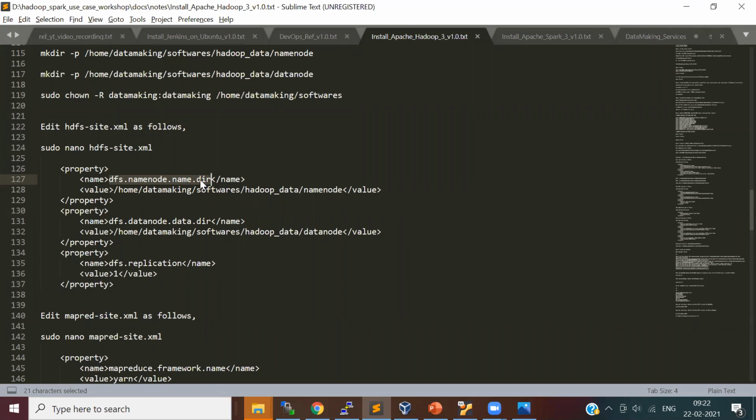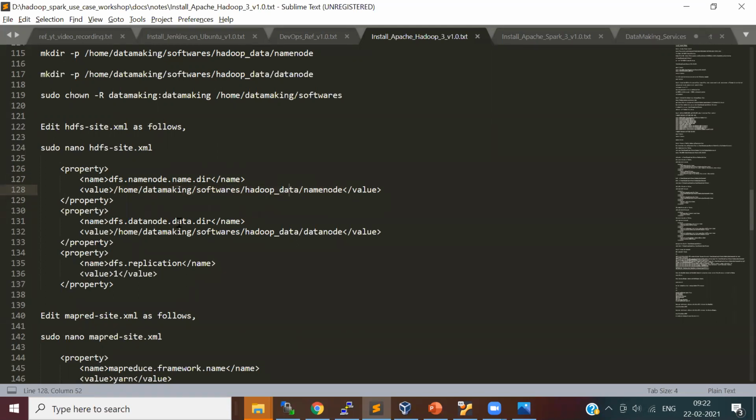Basically, we have to instruct the framework where the name node metadata has to be stored. We created the directory, and now we are instructing the framework to read it. The framework will refer to this property file, and for that property we are setting this value so that this location is used for storing the name node metadata.